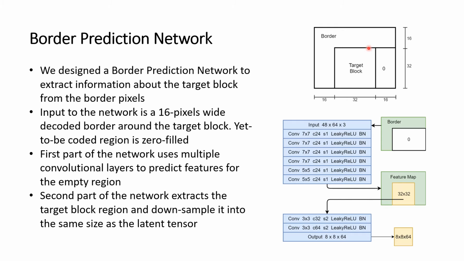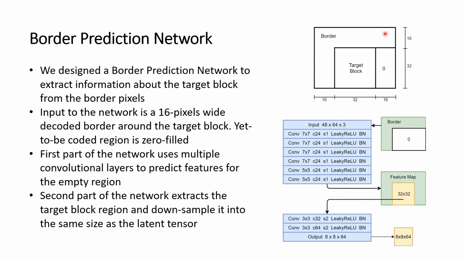To overcome the decrease in performance, we utilize the decoded border pixels to extract information about the target block. Because our image is coded in a raster scan order, we have decoded pixels that are above and to the left of the target block. For experiments, we use a 16 pixels wide decoded border around the target, and we zero fill the regions that